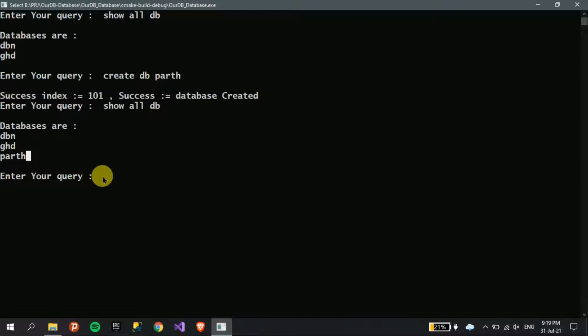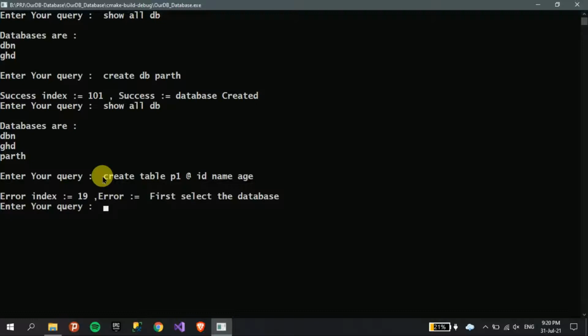So first of all, let me create a table. Create table, then the table name p1 and at the rate, then the column names, whatever we want to put. I will put ID, name and age.